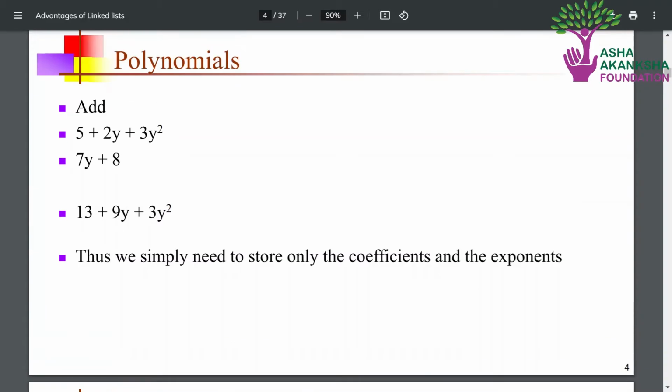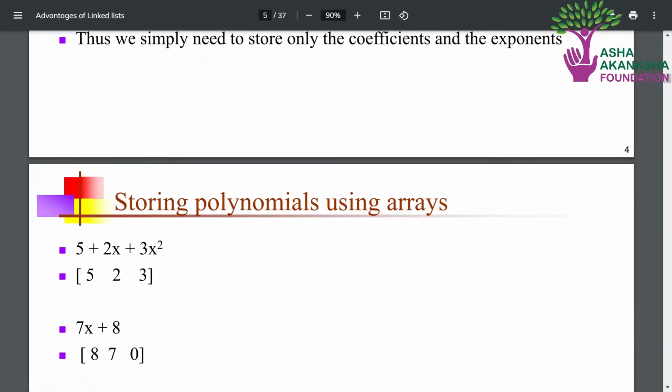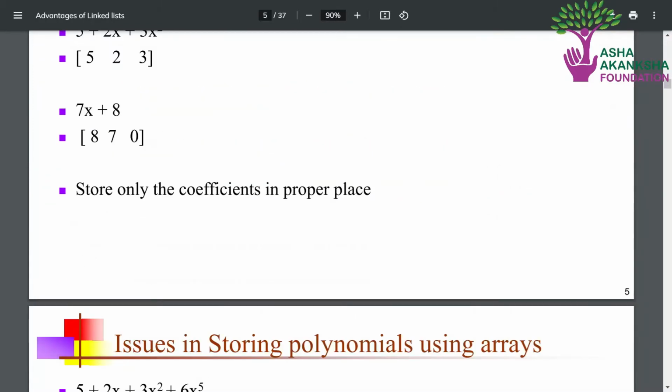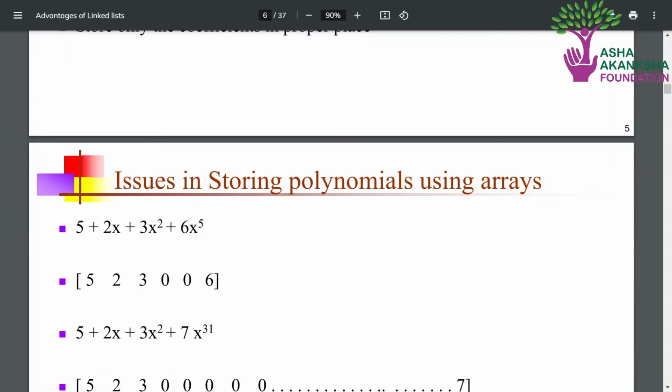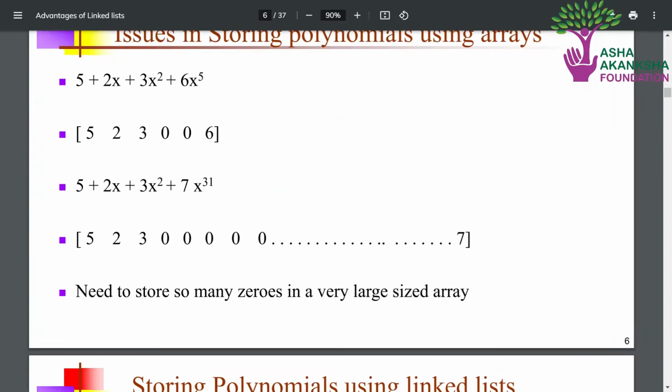So these are some given polynomials. We have to just store the coefficients related to the power of the exponents. So we can store them in arrays or in linked list. There are some issues in storing polynomials with arrays.